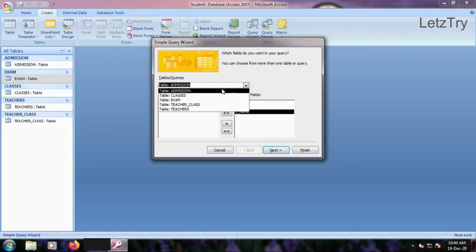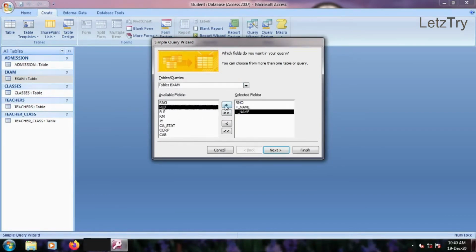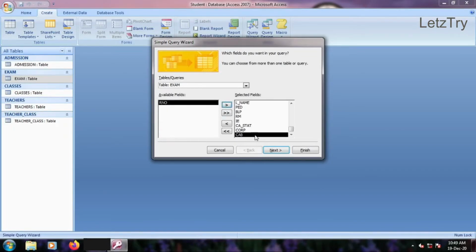Now select exam table from tables or queries. The fields of exam table appear in the available fields section. Move required fields to selected fields section. Don't move roll number field as we have already taken it from admission table. We can move back any unnecessary fields.